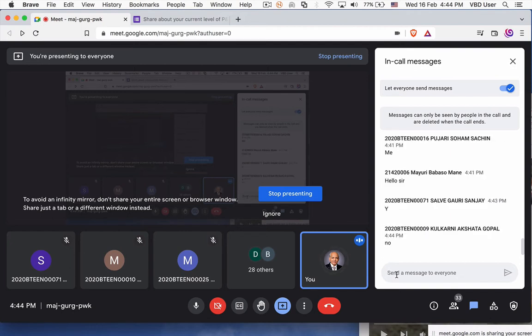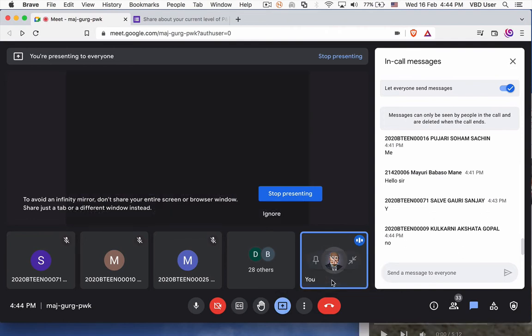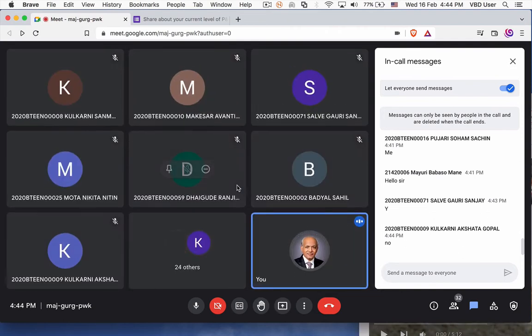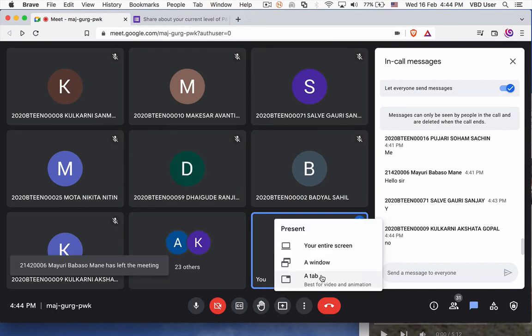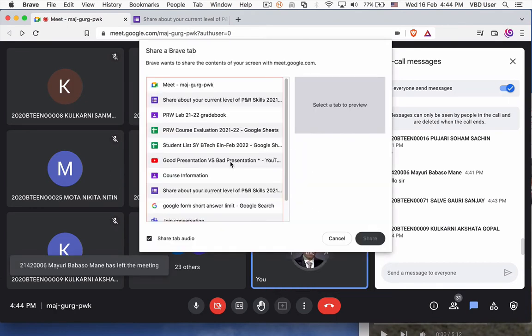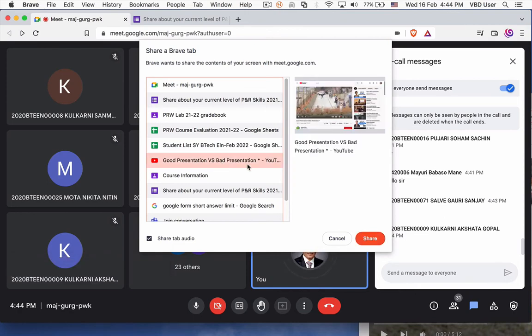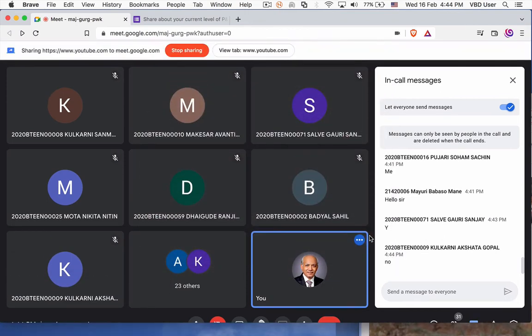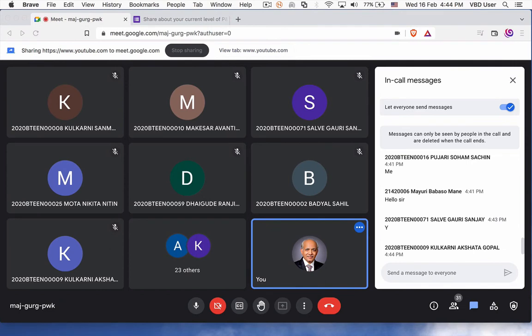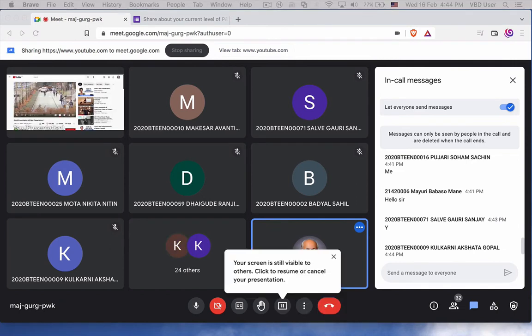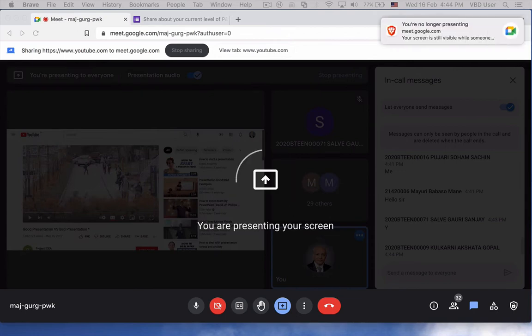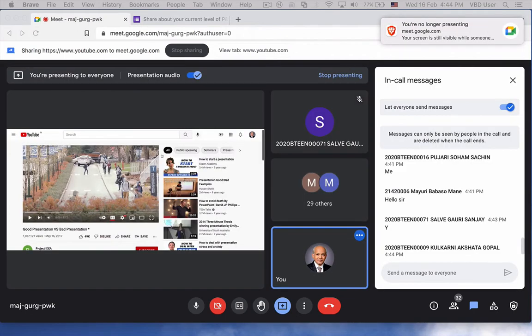हाँ, ओके। So will go for, I will just unshare the screen and then share that window which has the video. ठीक है, तो उसका ऑडियो भी आपको सुनने को मिलेगा। तो शेयर दी टैब, और टैब कहाँ गया? Good presentation versus bad presentation. I hope that you are able to see the screen. Yes, sir. हाँ, और ऑडियो आता है कि नहीं बताइए मुझे।